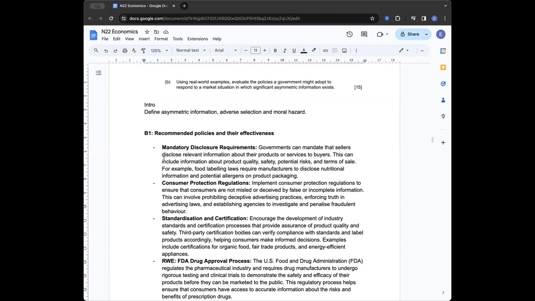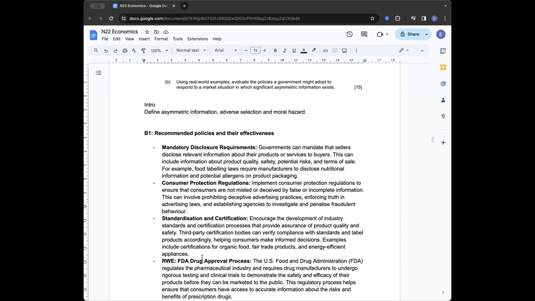The second policy is to impose consumer protection regulations, to ensure that consumers are not misled or deceived by false or incomplete information. And the last recommended policy is setting standardization and certification. It can encourage the development of industry standards and certification processes so that it can guarantee product quality and